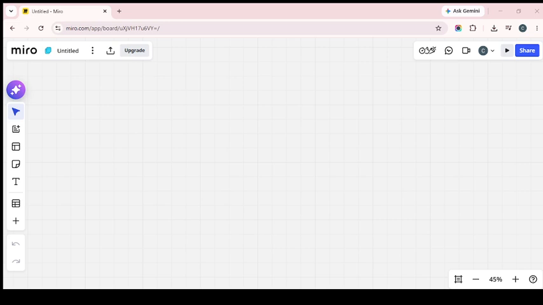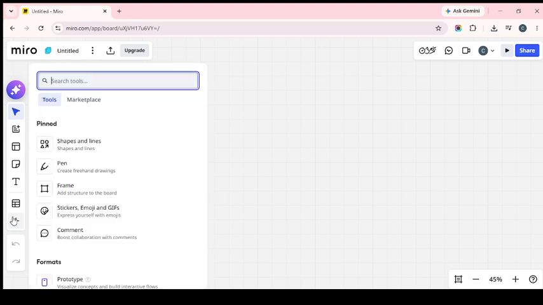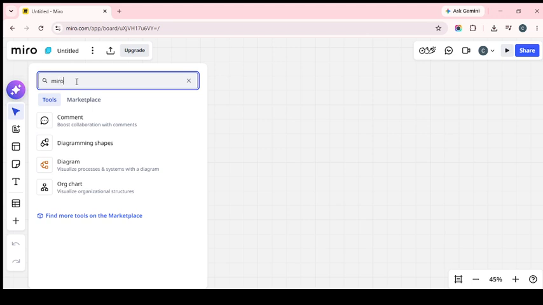On that toolbar, click the Miro AI icon, which appears as a sparkle symbol. This is the shortcut that opens the AI generation panel. If you don't see it right away, just scan the toolbar carefully because it's grouped with the other creation options. Clicking this icon opens the area where you can tell Miro AI what kind of visual you want it to